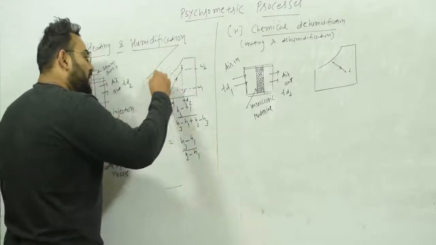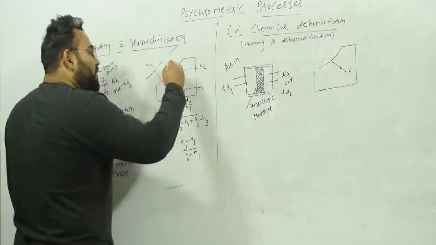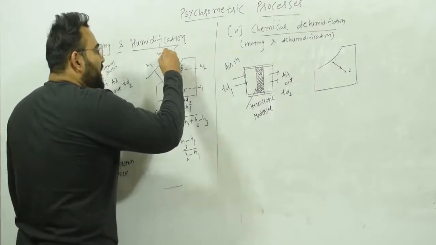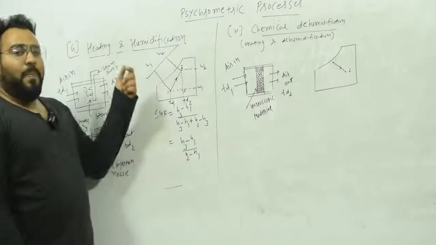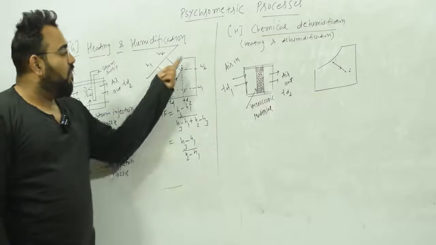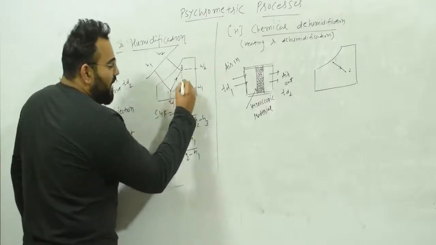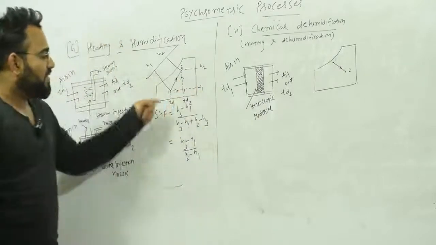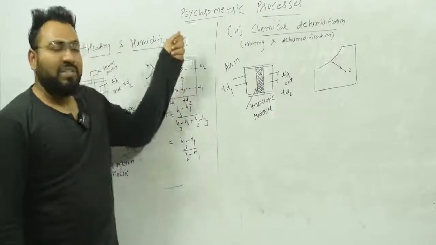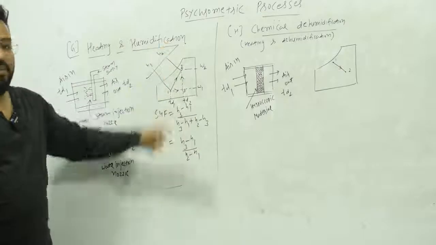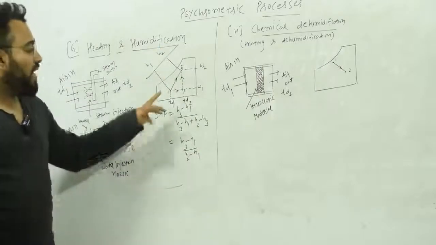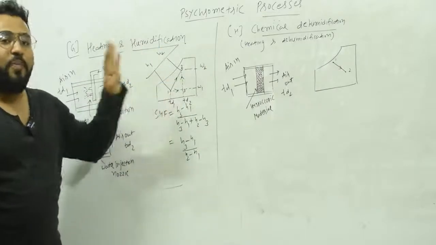How can you find the enthalpy? At point 1 the enthalpy will be H1, and at point 2 it will be enthalpy H2. It is not like it only follows the 1 to 2 path. It can go something like this as well. First it will go 1 to 3 and then 3 to 2. That means first heating happens and then humidification happens. Okay, so there are other ways. The path doesn't matter, only the endpoint matters. So point 1 and point 2, only the endpoints matter.